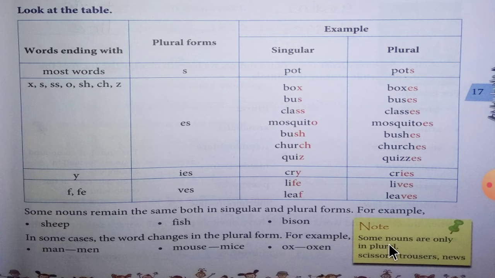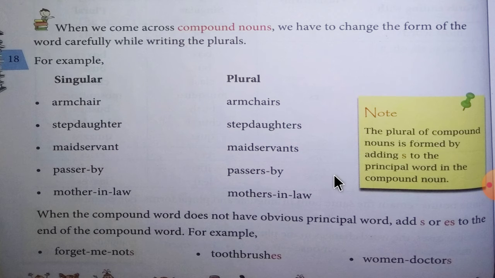Note, some nouns are only in plural. Scissors, trousers, news. This means these words are in plural only. Whether we are using them in a singular or a plural sense, they will remain the same, in the plural form only. Scissors, trousers, news. Right? So, when we come across compound nouns, we have to change the form of the word